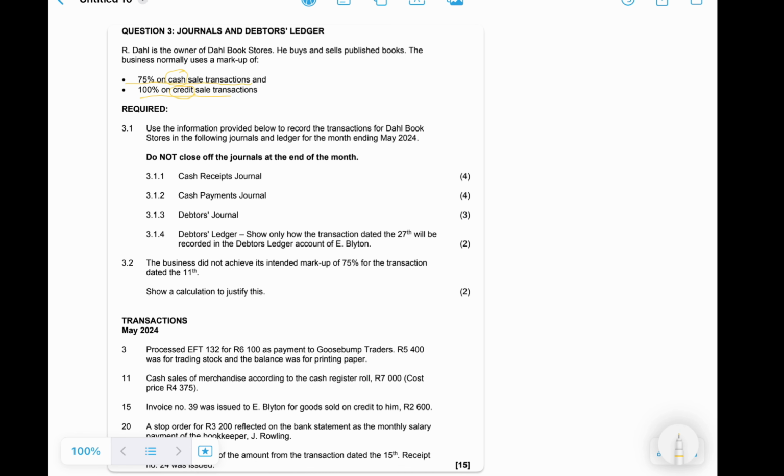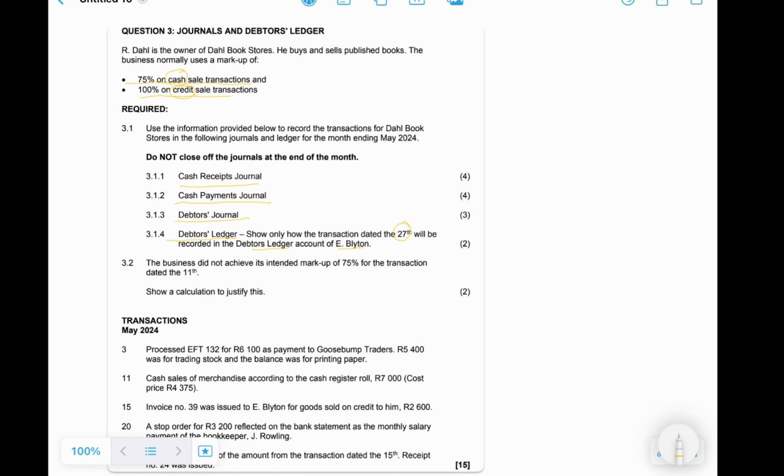So you are required to use the information below to record the transactions for Dahl Bookstores in the following journals and ledger for the month ending May 2024. So it says do not close off the journals at the end of the month, meaning do not make the totals at the end of the month. So don't total your columns at all. So you're going to do a cash receipts journal, a cash payments journal, a debtors journal, and a debtors ledger. And they are giving you information on the debtors ledger there. They said that you must show only how the transaction dated the 27th will be recorded in the debtors ledger